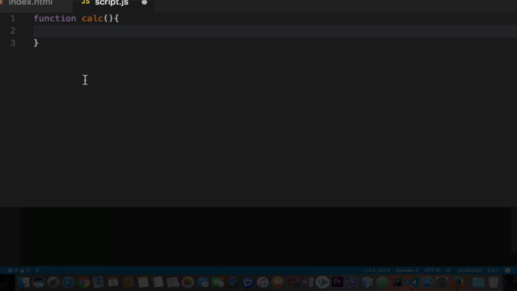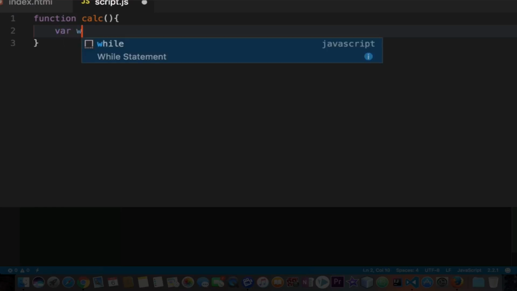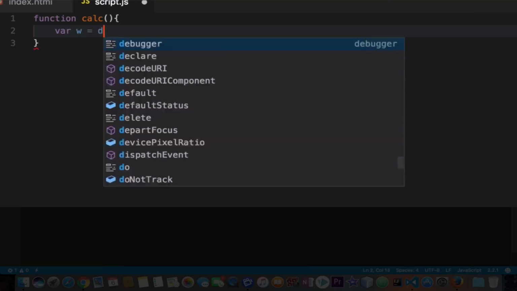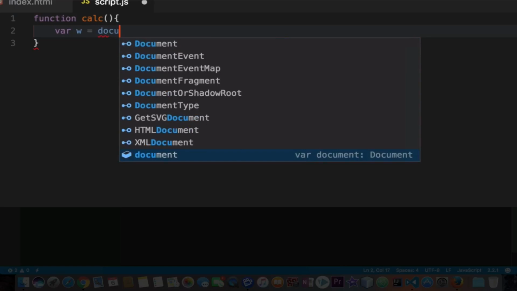So in the function, what we need is a height and a width, and then we will multiply those to get an area, right? That's the equation to calculate area. How do we get the width and height from the form field, which is in HTML? So we will create a new variable, var, and I'm going to name it w for the width. It's equal to, now we need to use another function which is built into the JavaScript library, which is